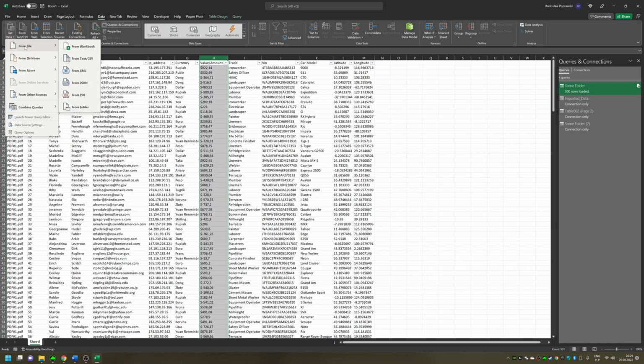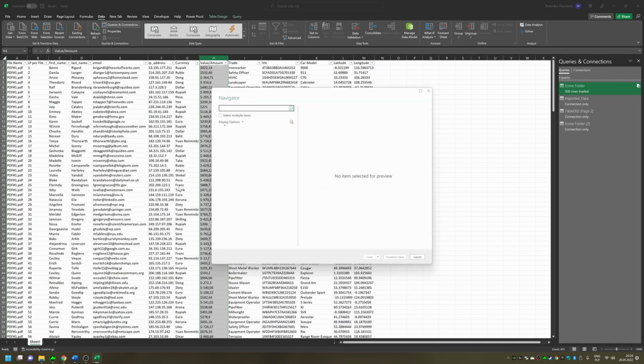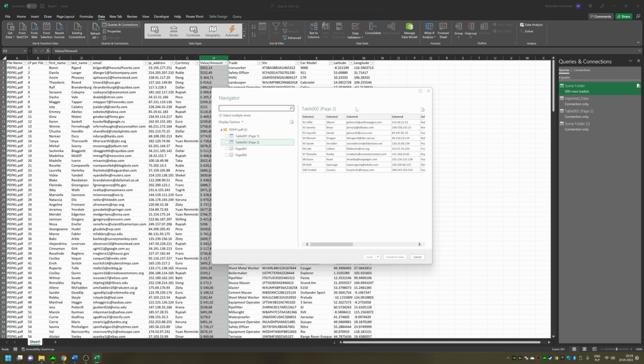And now I will show how to simply import only one file. We'll go here, data, get data from file and from PDF. Now we will choose our PDF and this menu pops up. I need to choose this, select multiple items, to be able to select what I want. If I go here, I see that this is table 1, this is table 2,